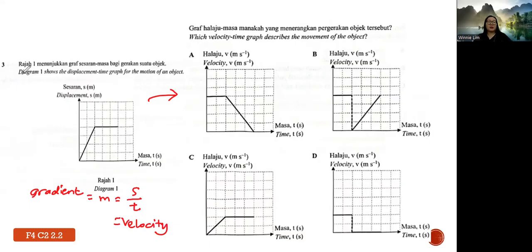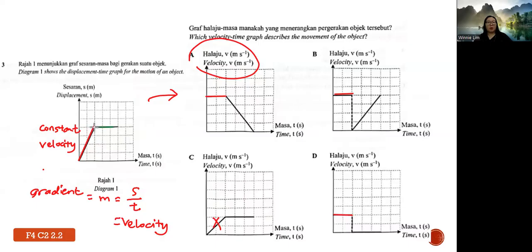So whenever you see a graph with a line that has a gradient, that means there is velocity. And not only is there velocity, the velocity is supposed to be constant or uniform. So when we transform to a velocity time graph, constant means the quantity has no change. So it will become a horizontal line like this, or this, or even this. So for the first part, A, B, or D are possible, but this one is already wrong. But then the next part,